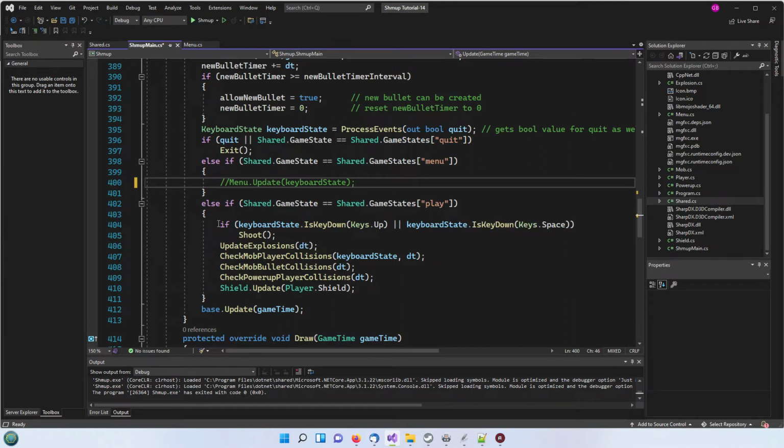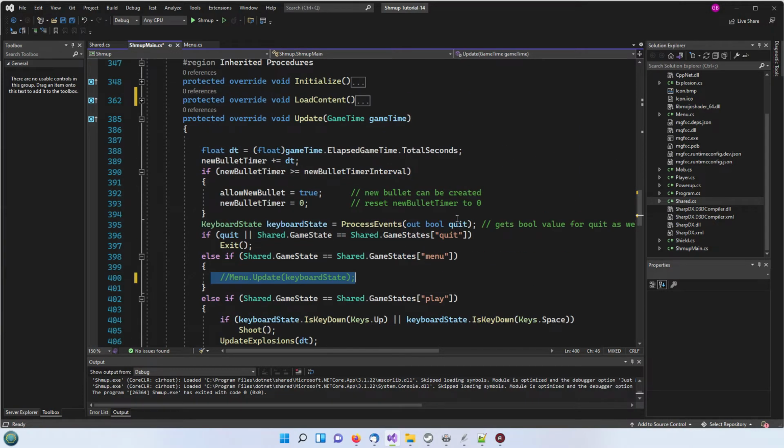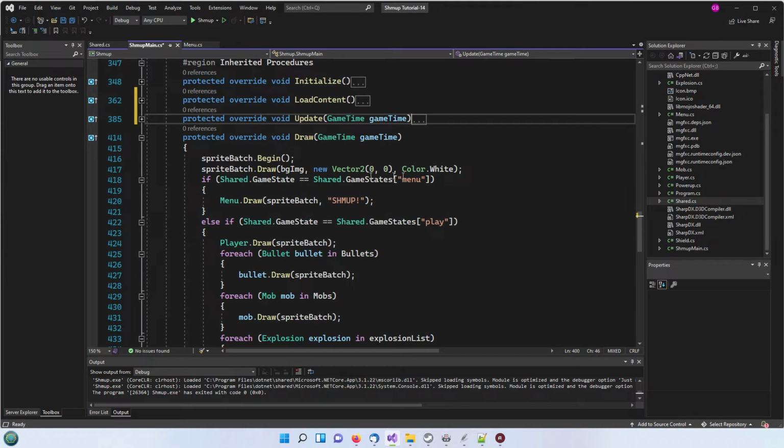So if it is play, then all the play stuff goes ahead. If it's menu, basically it does nothing in the update section, because there's nothing to update, because the key presses are handled independently by that text handler. Then the draw one, again, we've got if the game state is menu, then we're going to draw the menu, draw sprite batch and then the shoot 'em up. So that's what gives us our yellow